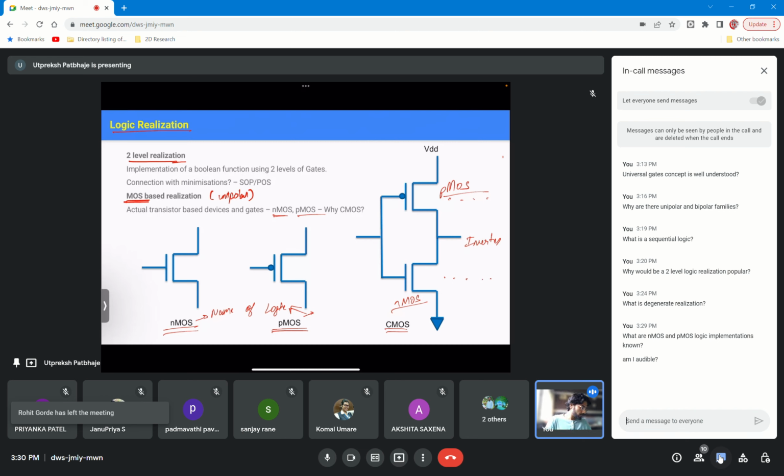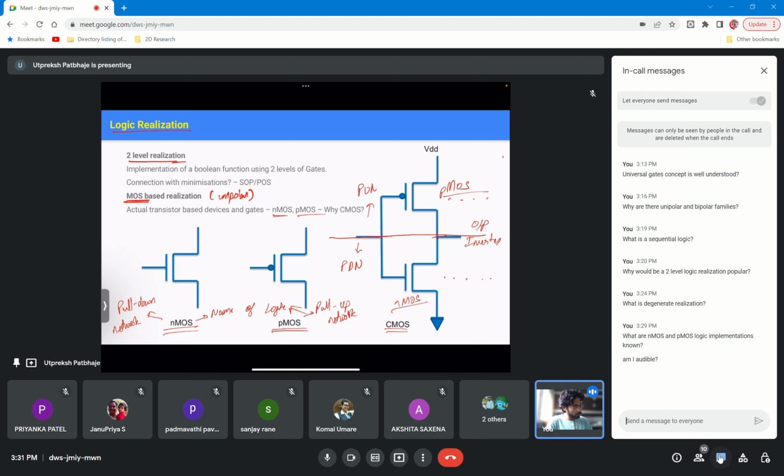Okay, so if you use just a combination of PMOSes, you will get something known as a pull-up network. And if you use only NMOSes, you will get something known as a pull-down network. And in the combination that we use in CMOS, all of the gates or realizations below this common output line, from which you obtain your output, are part of the pull-down network,